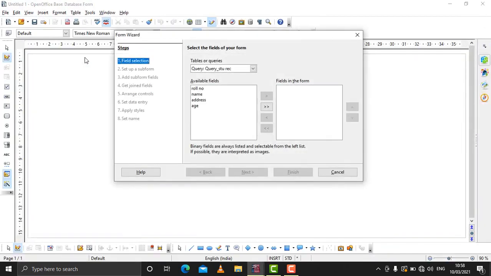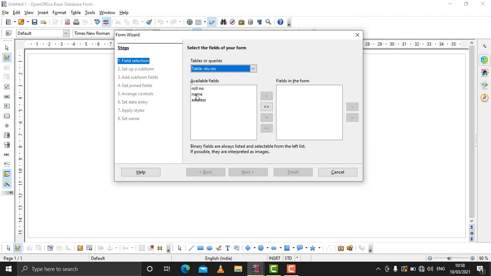As you click on it, step by step dialog boxes will come which will ask different options. The very first dialog box is asking for the table for which we require to create the form. So table or query, whichever you want. Suppose I want this table STURAC, and these are the fields in that table.